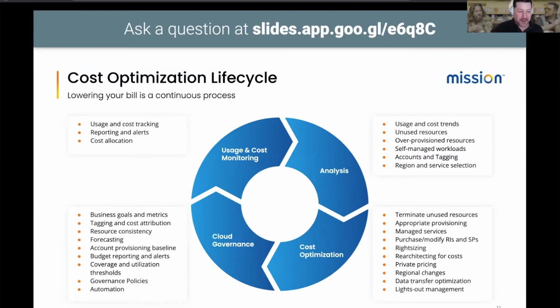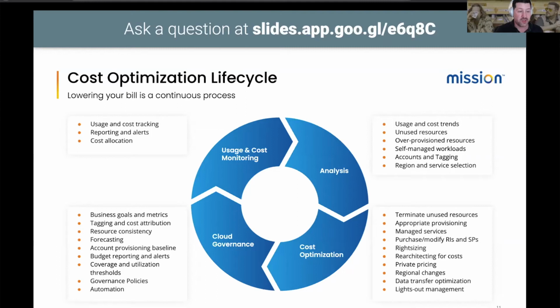So we've outlined the design principles, as I mentioned, and they all come together as a continuous journey, a continuous cost optimization lifecycle. And that means you can see 4 general phases here in the lifecycle: analysis, cost optimization, cloud governance, and usage and cost monitoring. And you'll also see there are 28 distinct activities across these 4 phases that make up a complete cost optimization practice. So you have tracking cost and usage, right sizing, private pricing, which is a huge topic